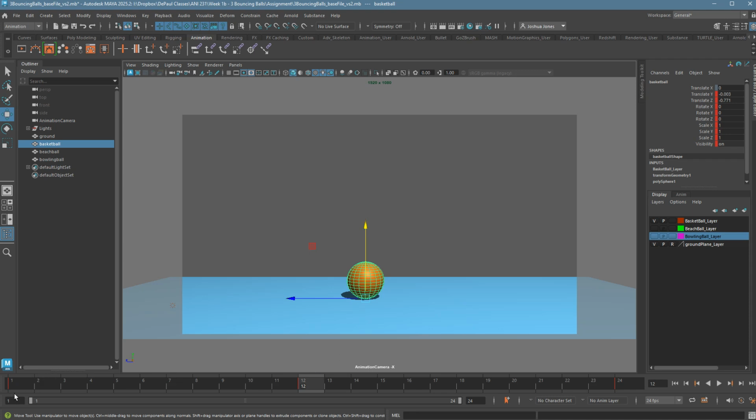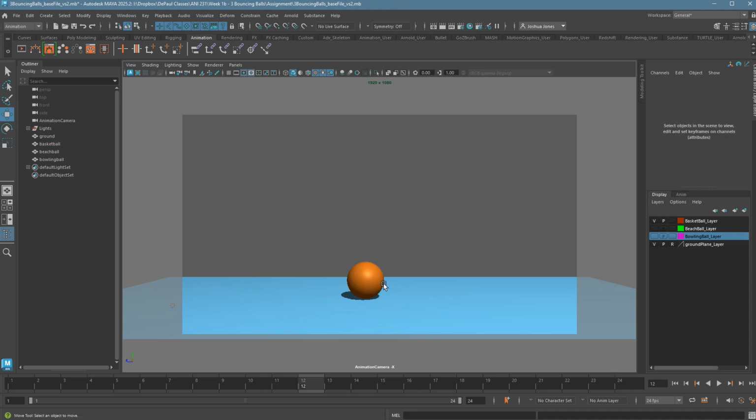So now we have 3 ticks. 1, 2, 3. And if we play it, we'll see it doesn't look anything like a bouncing ball. So even though our keys are nice, what we don't have is the proper spacing as dictated